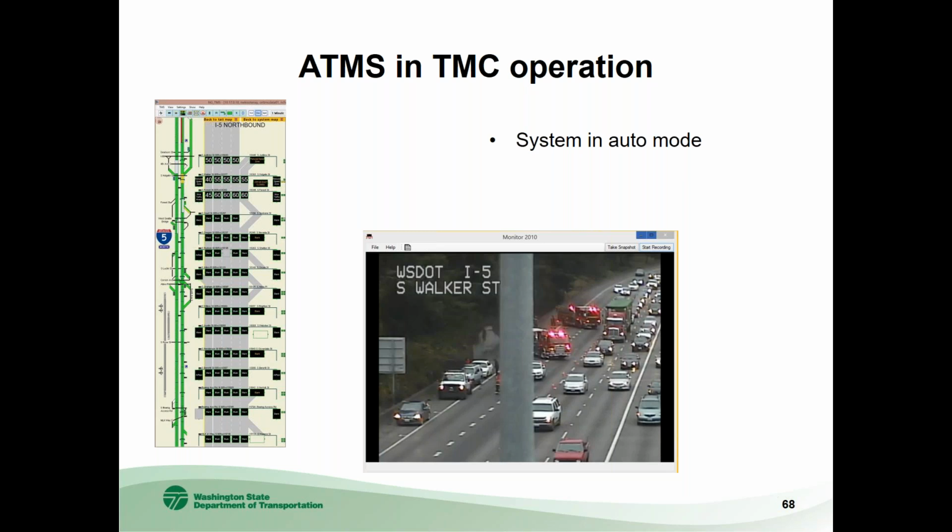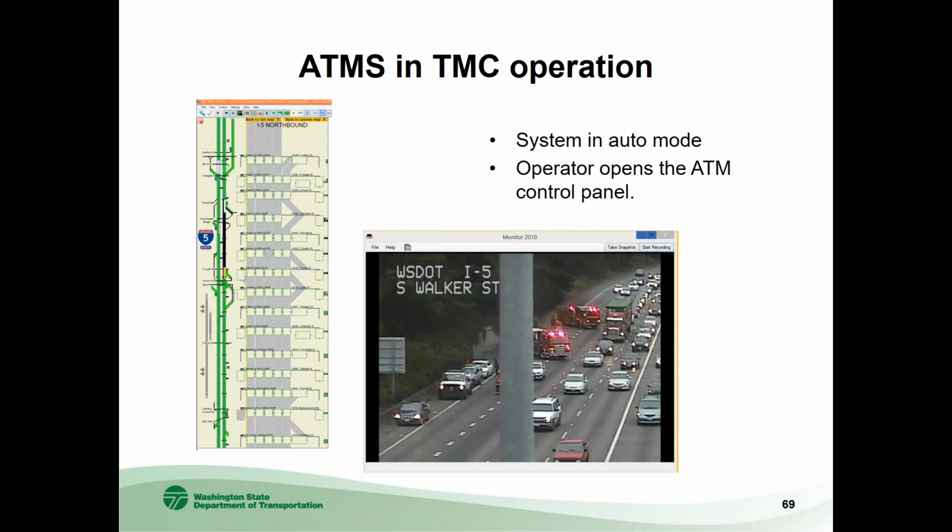Okay, so let's quickly look at the scenario where we have an incident in the I-5 ATM corridor. In this case, the operator received a call. There's an incident on I-5 blocking a lane, and we are monitoring the CAT system, and we saw it coming up. So immediately, you see on this user interface, at every gantry, there are lots of buttons or hotspots with a camera icon that they can bring the mouse to and click on, and immediately the camera will preset to look at the area approaching that gantry. We confirm the location, confirm the number of lanes, which lane is being closed, and the operator is going to pull up the ATM